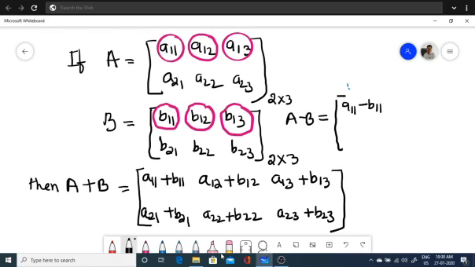Just as here what we have taken, that A plus B just by adding the corresponding elements of A and B. So A minus B ನಲ್ಲಿ we have to subtract the corresponding elements of A and B. So A11 minus B11. So A12 minus B12. Similarly,